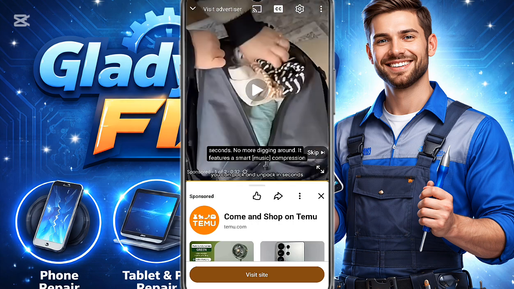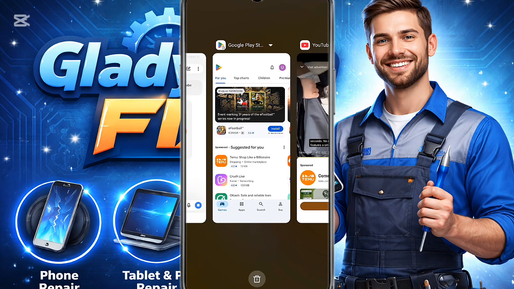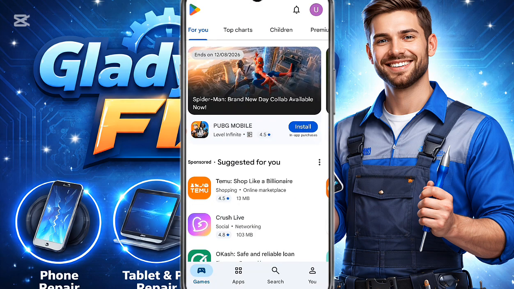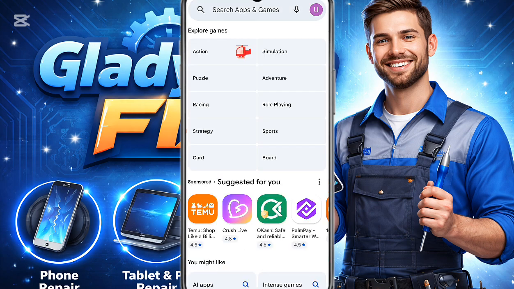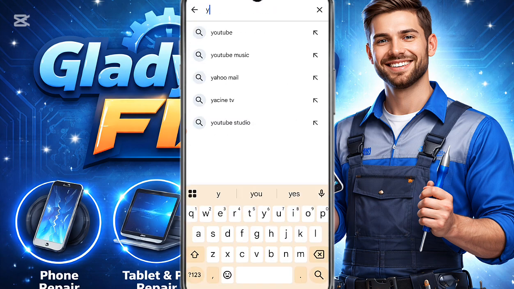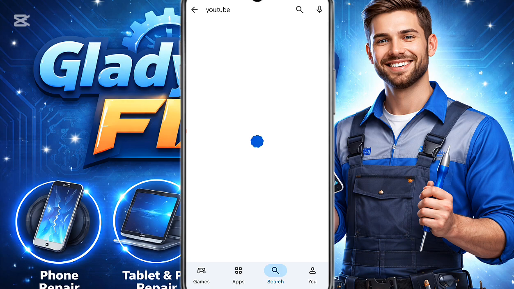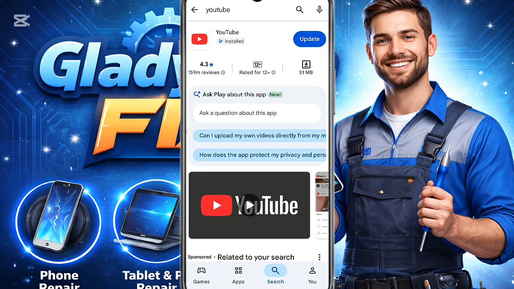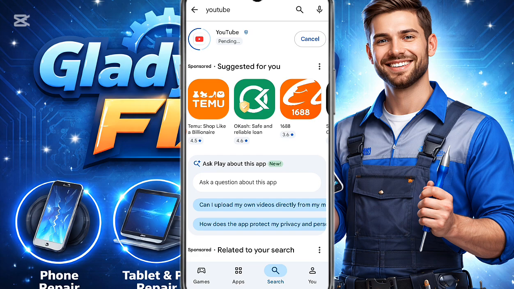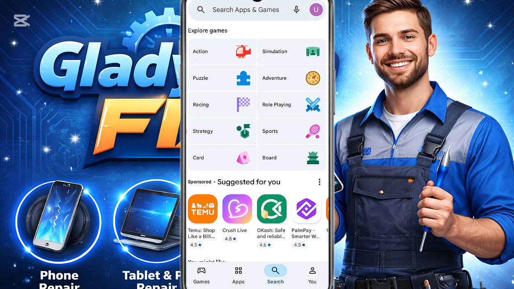First of all, you just have to go to your Play Store and update your app. So right here on my Play Store or App Store, depending on your device, just type in YouTube. So when you type it in like this, you just click on the update option and update it to the latest version. The next step you can actually take